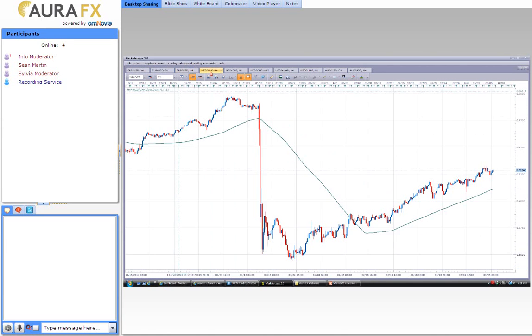Y'all remember what this was? Yeah, this is what happened when a central bank comes out and says, I know we wanted to keep the Swiss franc at about 120 on the euro, but we're not going to do that anymore. We're just going to let it float. Well, it doesn't float. It free falls in that type of environment, and that's exactly what happened. But of course, it got overdone. Like I said, markets can have a lot of emotions. They're living and breathing, and they do get overdone on one side or the other. But that's what creates our stair-step formation. That's the kind of thing we look for. That's what we want to embrace. We don't want to be afraid of it. We want to look for it.